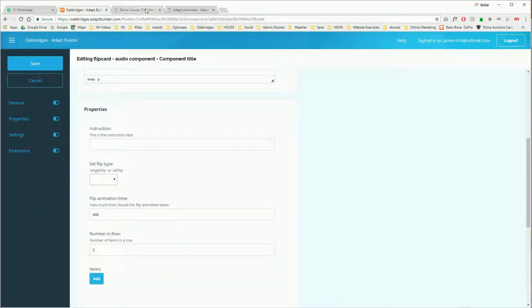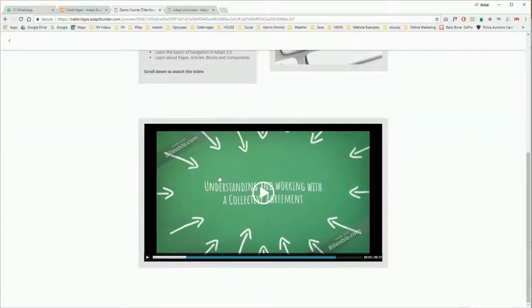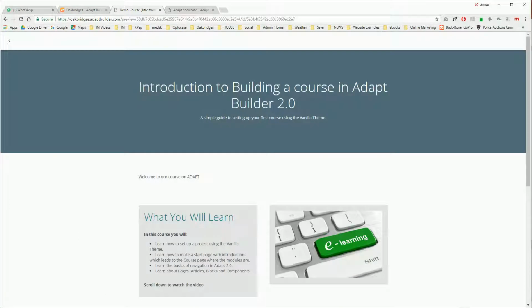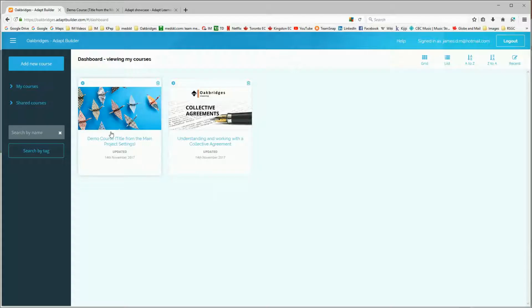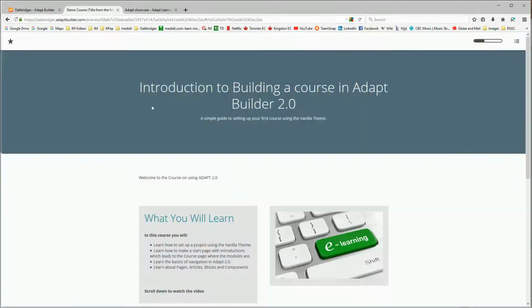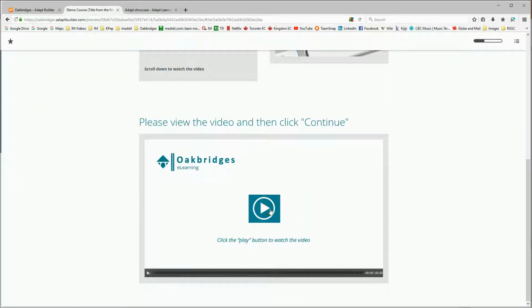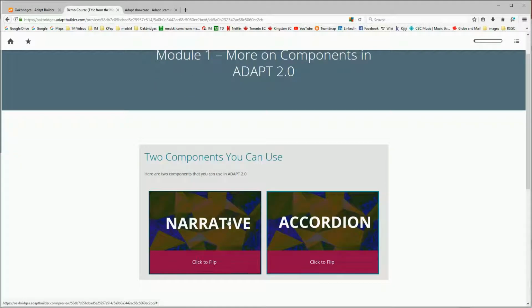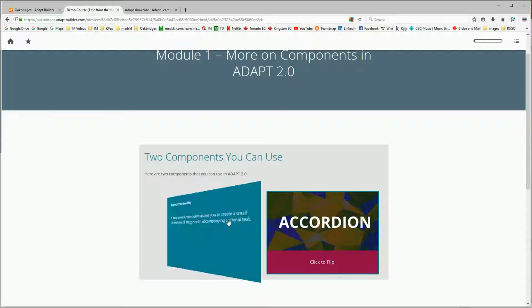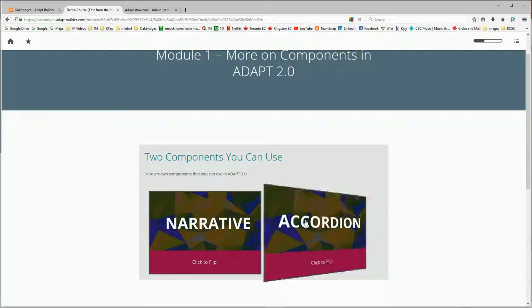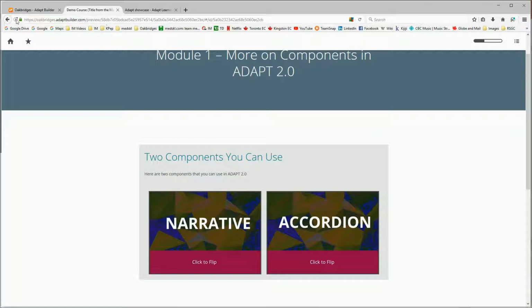And actually, I should show you what flipcards look like again quickly. In that original demo, I think I've got it on my other browser actually. Hold on 1 second, I'll just get to it. This is what a flipcard looks like. And we're going to set these up with pictures and the text that goes behind them. Okay, let's go back to